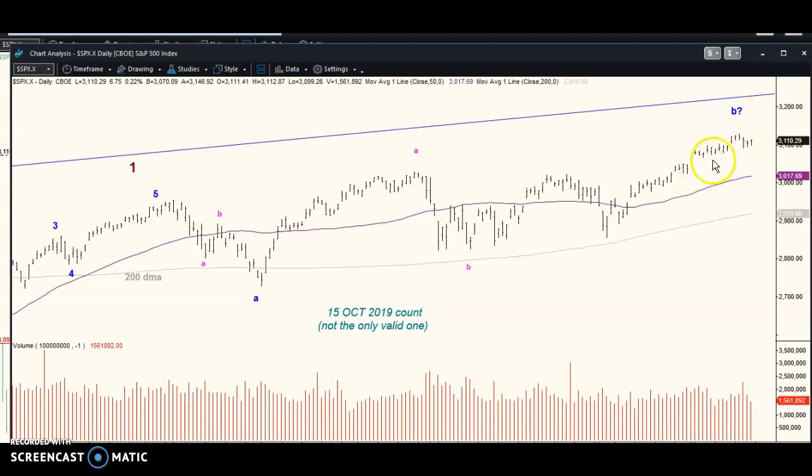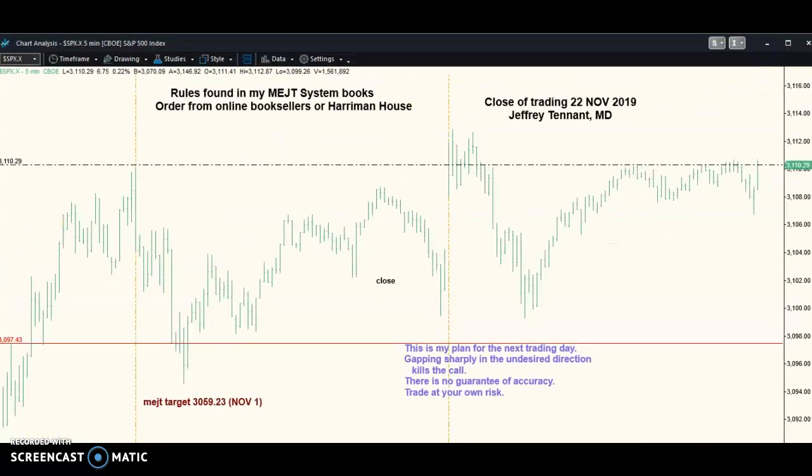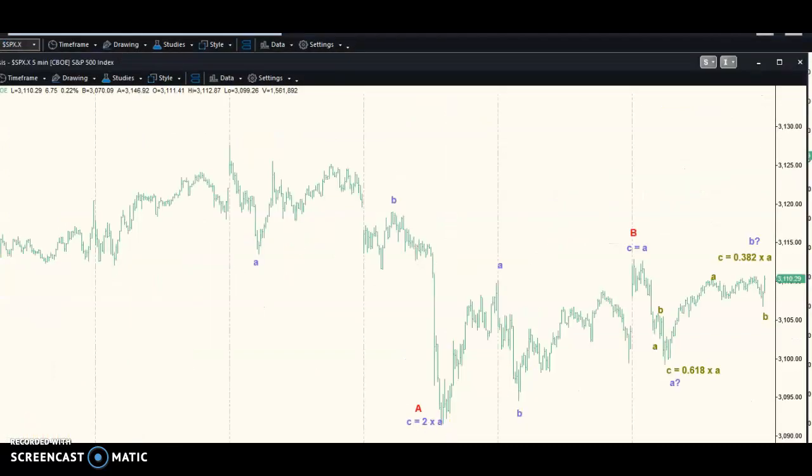We just need to undercut some of these lows to be sure, or as sure as you can be about the market. Well, it's easy to come up with a count that says this is A. I don't know about the degrees here, that's A, that's B, and you have an A and a B with great fibs. So it could be, if this is the right count, and I'm certain other counts work too,